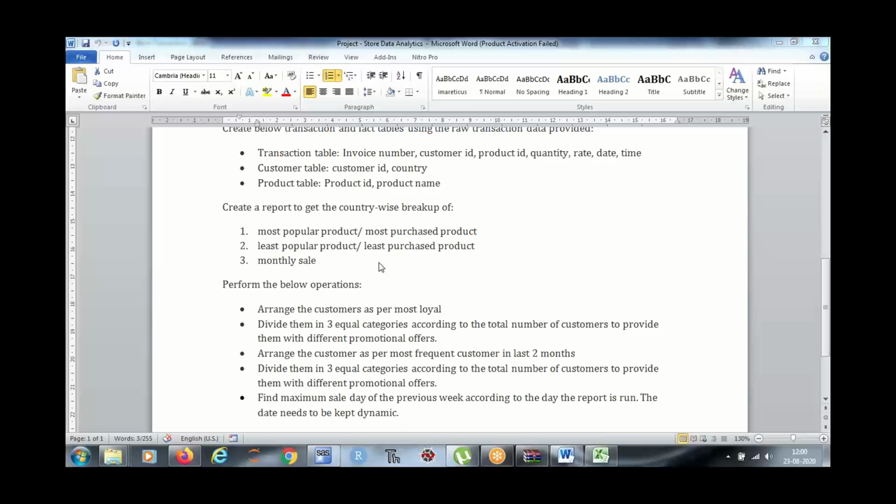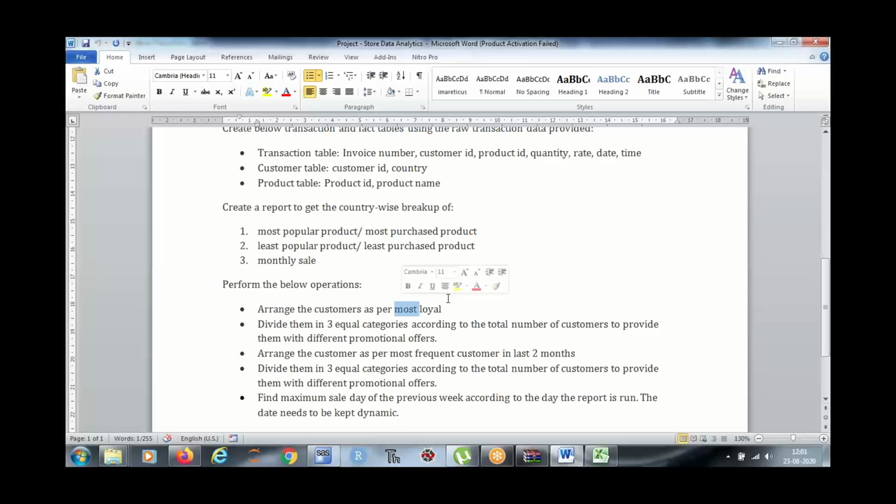Geet, can you also explain the task, perform the below operation? What exactly are we looking at here? Arrange the customer as per most loyal customer, which means who is buying the highest quantity.